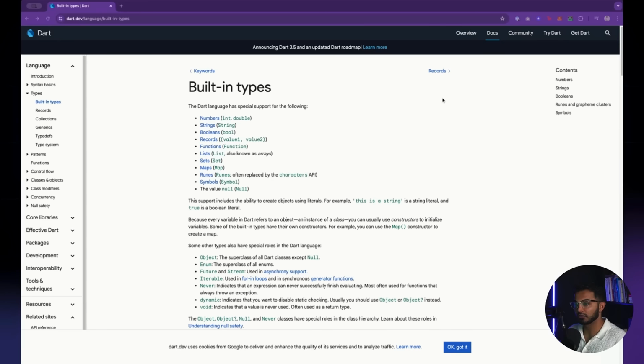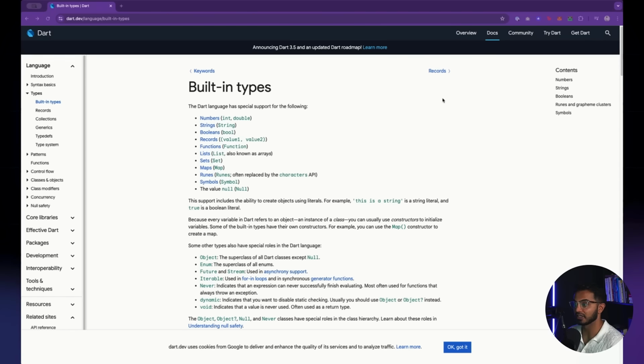So it's important for us to understand the basics of Dart, because this is the programming language that's powering all the drag and drop, click, point, drag stuff that you see on FlutterFlow itself. The Dart language has support for certain data types. The first data type that it has support for is numbers.